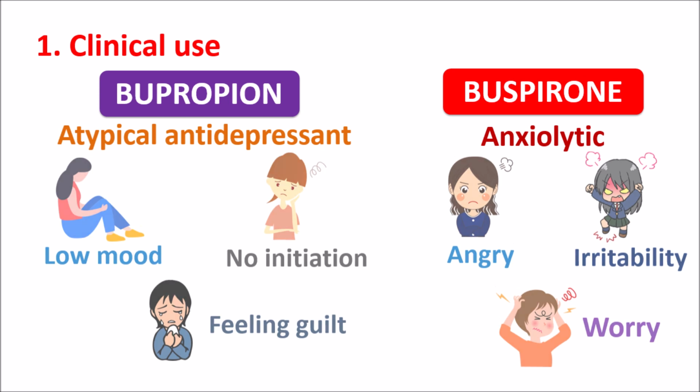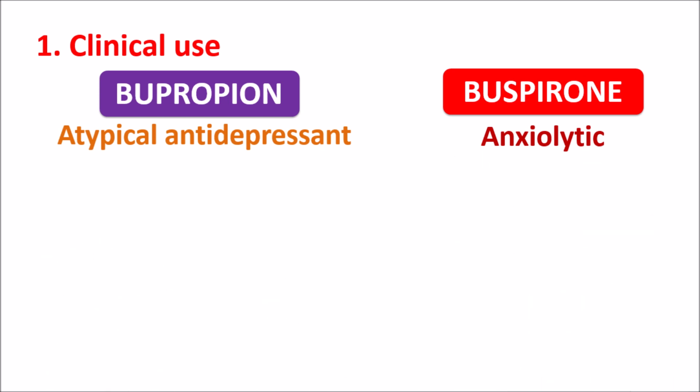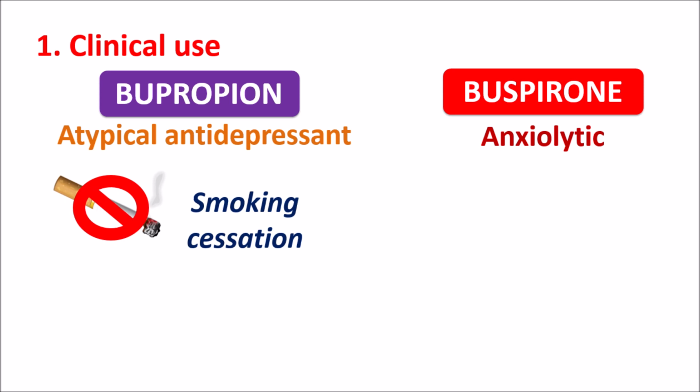Apart from these clinical uses, Bupropion can also be used for other conditions. It can also be used for smoking cessation. Similarly, Bupropion can be combined with another drug, naltrexone, to control overweight, so it is used as a weight loss medication along with naltrexone. So these are the other clinical indications of Bupropion, whereas Buspirone does not have any other indication, but this drug